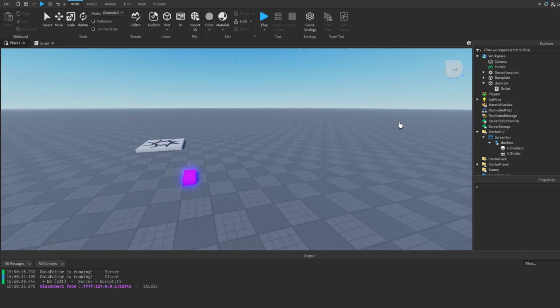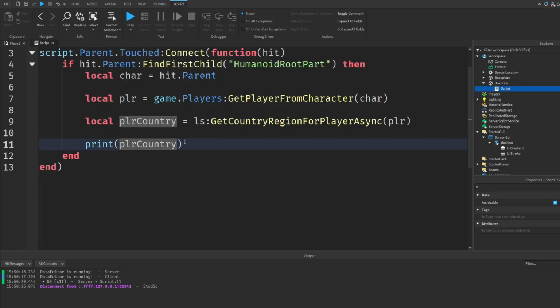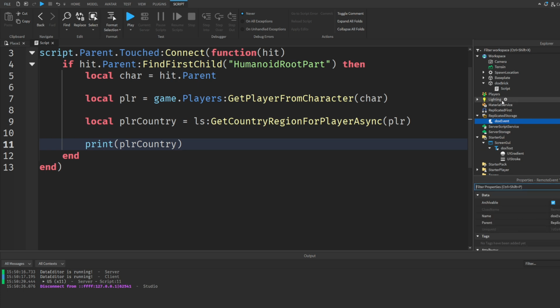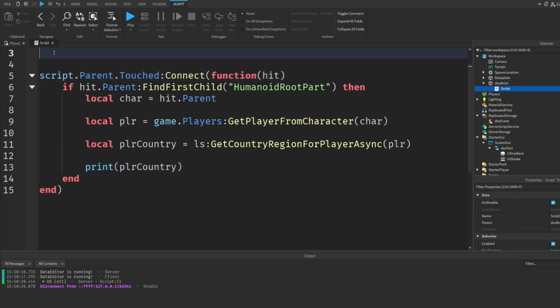So I'm thinking the way we do this is when you touch the docs brick, it will fire a remote event in replicated storage, and then it will receive right here. So let's create a remote event here in replicated storage, and we'll call this docs event. I know I'm very good at naming stuff, but that is our remote event, and so we actually need to get that. So we'll do local docs event equals game.ReplicatedStorage:FindFirstChild docs event, and then